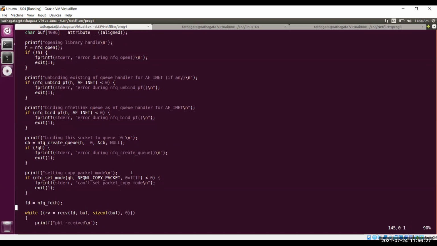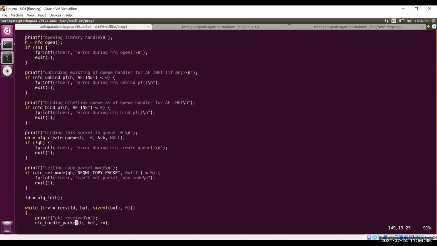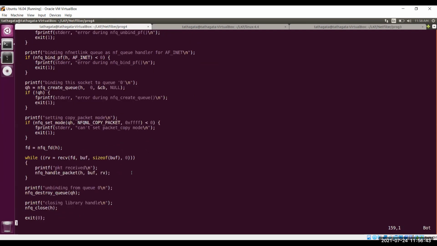Then you are getting the packet the same way the socket function works. Similarly, this handler also works that way. You are just converting the handler to a file descriptor so that you can get the packet from the kernel. Once you get the packet, you can handle it.